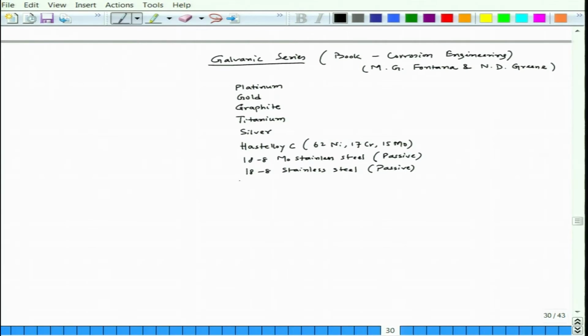Now, there is one more, it is Inconel, it is written passive, and it is nothing but 80 weight% nickel, 13 weight% chromium and 7 weight% iron. So, this percentage is all in weight%. Now, we have nickel,